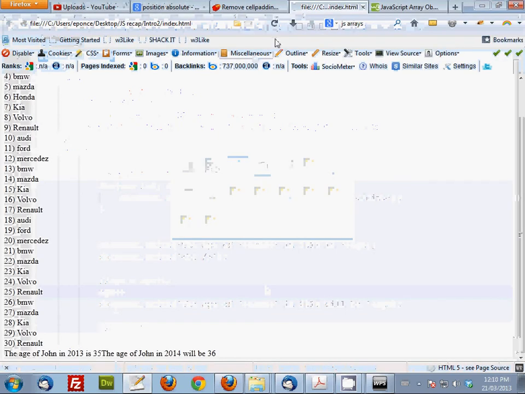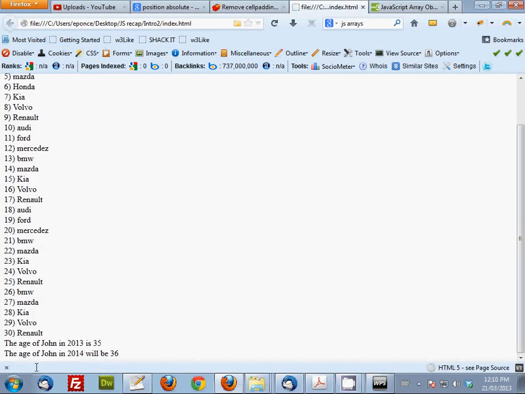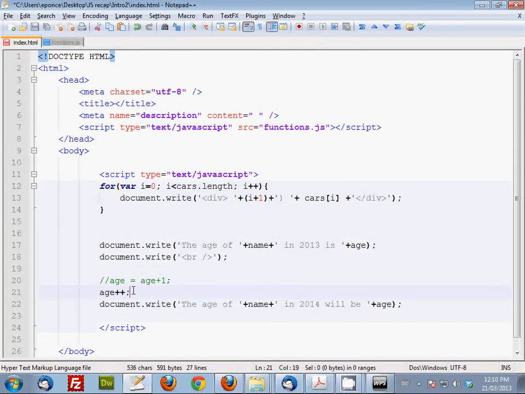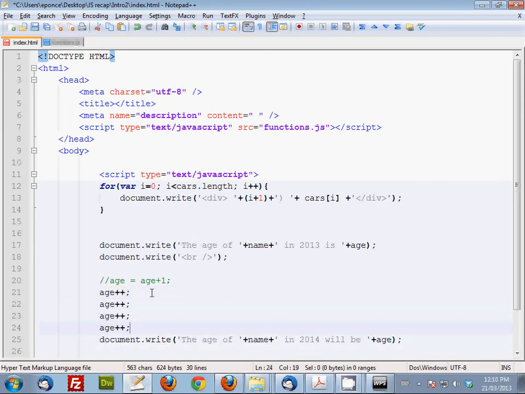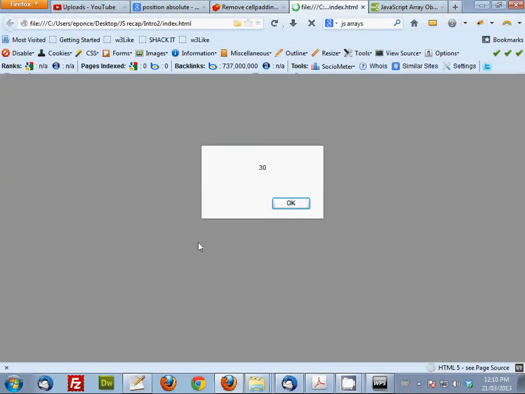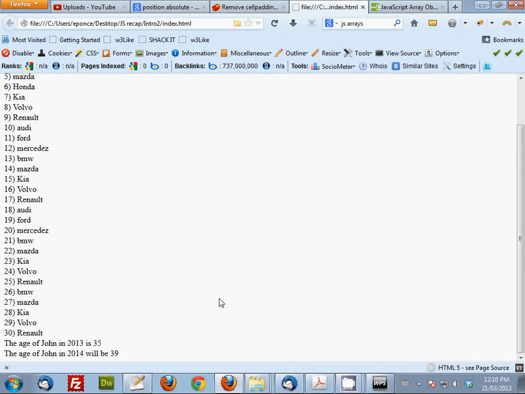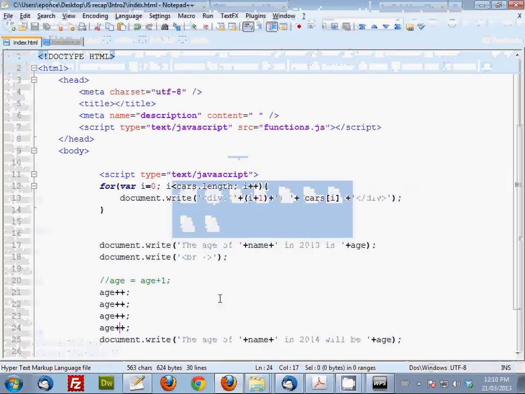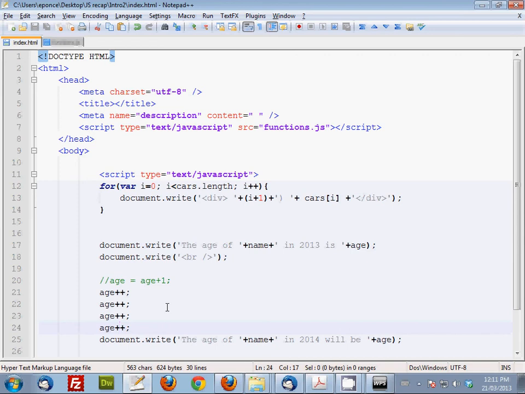Right? If I do age plus plus several times, I'm changing the value. So 35, 36, 37, 38, 39. In 2014 will be 39. Age plus plus changes the value. On the other hand, I know that up to here now it is 39. Right? If I take here age and I add plus 1,